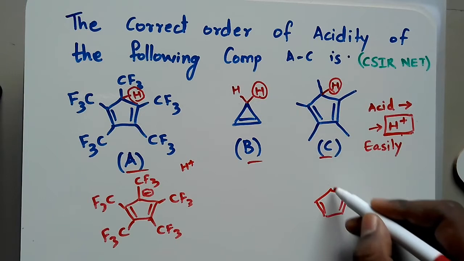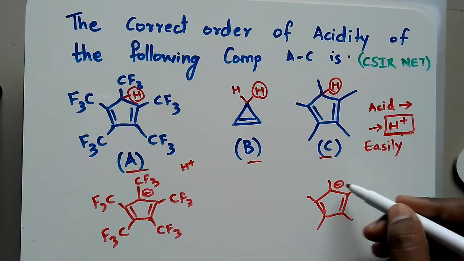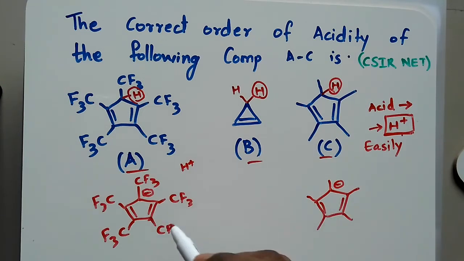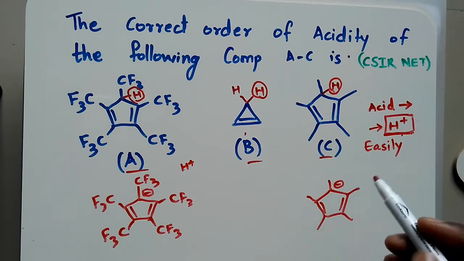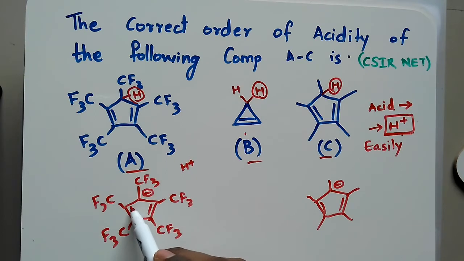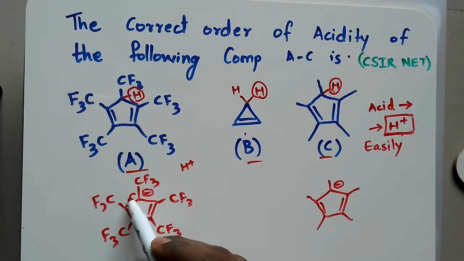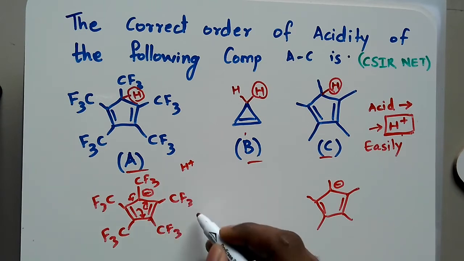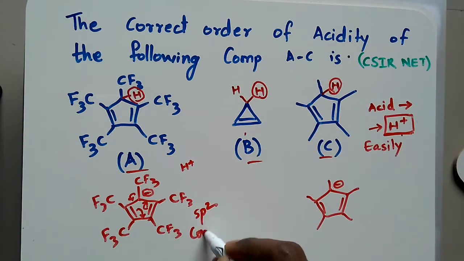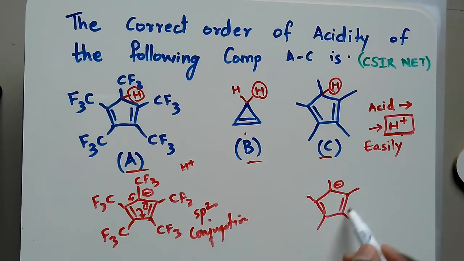Now these are the cyclopentadienyl anions that we are getting. We will consider this part later. Now what is happening? Is it aromatic? That we have to check. Is it planar? Yes. Conjugated. This negative charge can fall here, it can fall here. This double bond can be delocalized. Yes, conjugation is there. All are sp2 hybridized carbons, conjugation is there. In both the cases, all sp2 hybridized carbons, they are planar.